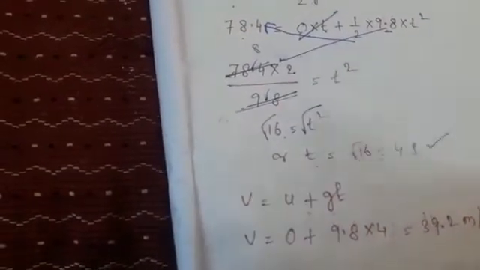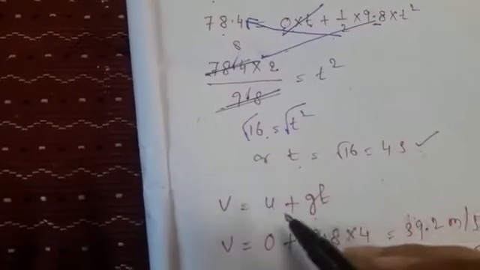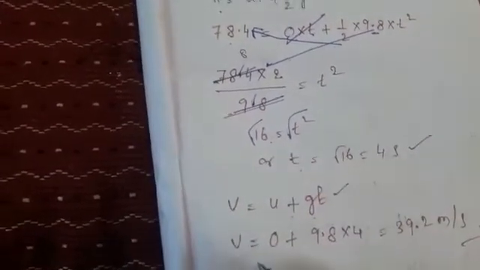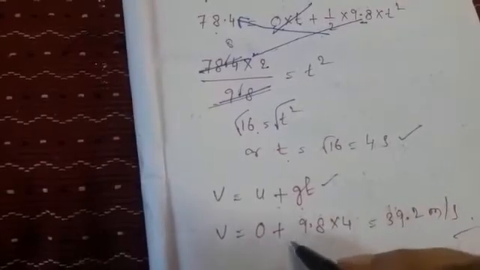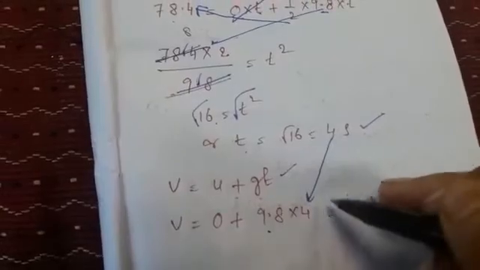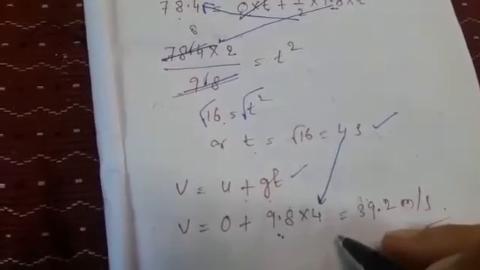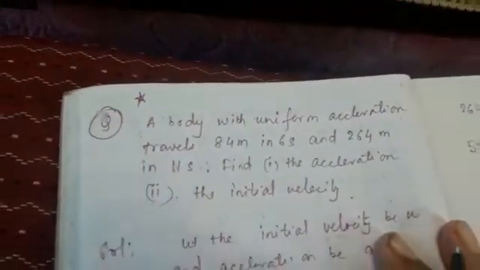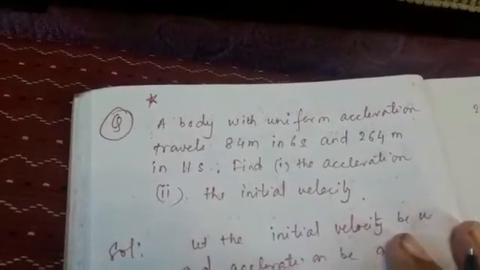Now in the second part they have asked us to calculate the velocity. We know v equal to u plus at, and since it is a gravity question, it will be u plus gt. Same thing, a will be replaced by g. So put the values: v equal to u, which is 0, plus g, 9.8 given in the question, and t, 4 seconds, which we have already calculated. So 9.8 into 4 will give you 39.2 meter per second as the velocity of the body. I hope you have understood this sum. This is a very important sum, and you can definitely get this question in your boards.